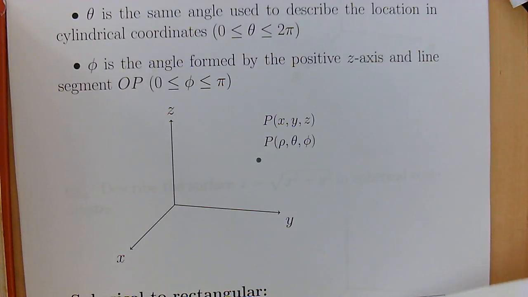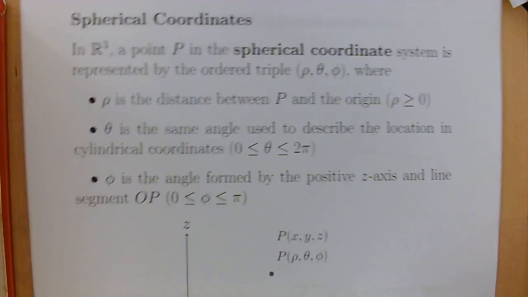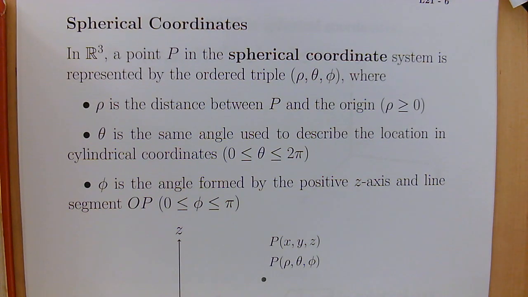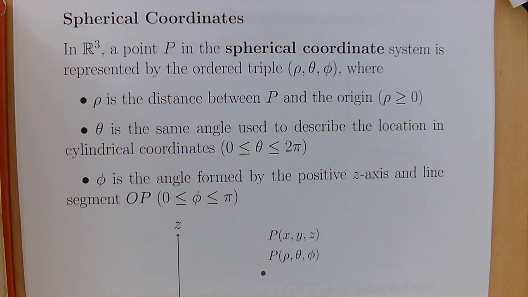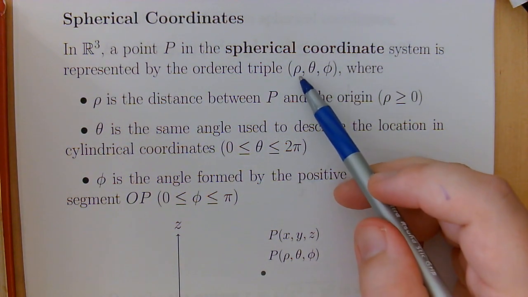All right. So that's cylindrical coordinates. That's kind of like the most simple generalization of polar coordinates. But now let's talk about spherical coordinates. And these are a little bit more complicated. We're not going to keep any of our original coordinates like we did for cylindrical. So in R3, a point P in the spherical coordinate system is represented by the ordered triple